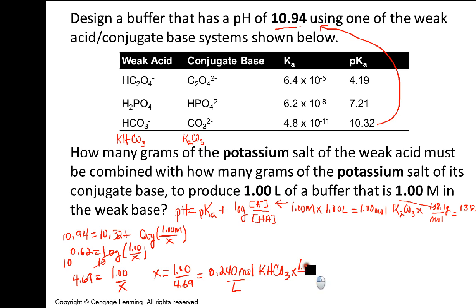Well, we know we want 1 liter of this, so that'll cancel that out, and we'll be left with moles, and if we multiply by the molar mass of potassium hydrogen carbonate, what I had to look up, and you can see that essentially multiplying by 100, that gives us 24.0 grams of potassium hydrogen